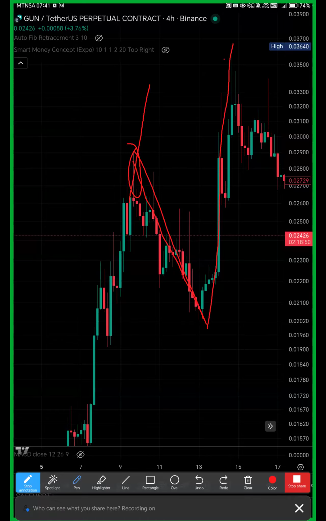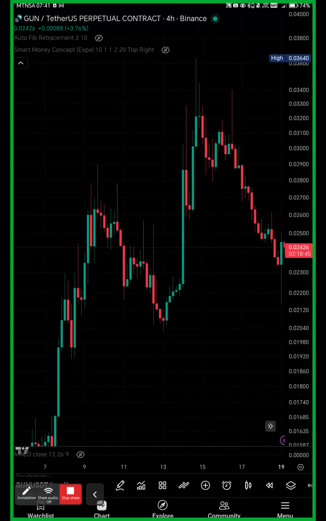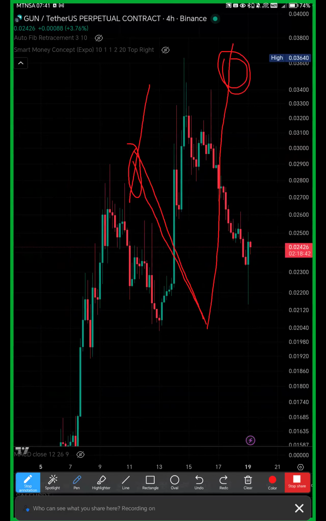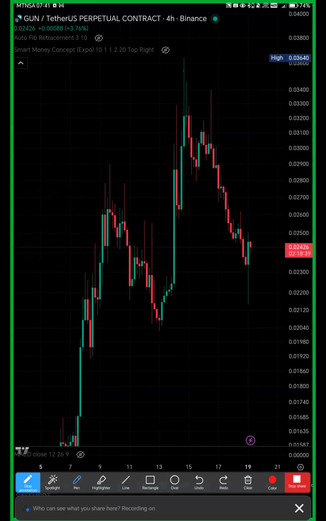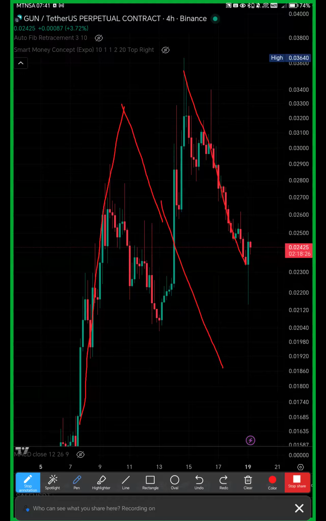Even here as well, when this happened, you can see that price also came down. Can you see here? Price also came down. So price does not just go up, up, up, up, up. No, it normally retraces or it reverses 100%. If it doesn't reverse, it retraces. It pulls back, then it continues to go up. So when you watch these movements, you are going to make the trend of the market to be your friend.